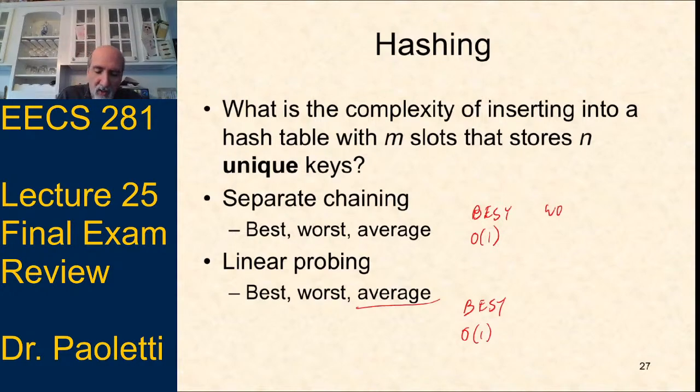Then the worst case would be, well, whether it's separate chaining. So for separate chaining, what would the worst case look like? Everybody hashes to the same one. And if everybody hashes to the same bucket, then even though the hash table is half full or even a quarter full, if everybody's in the same chain, I can get O of n.